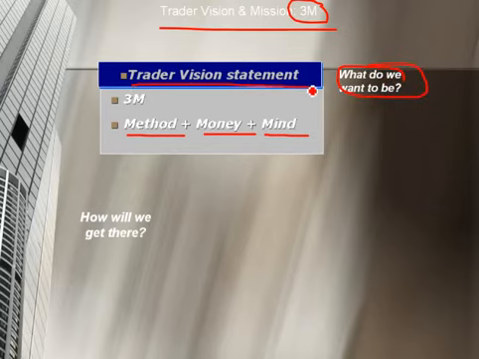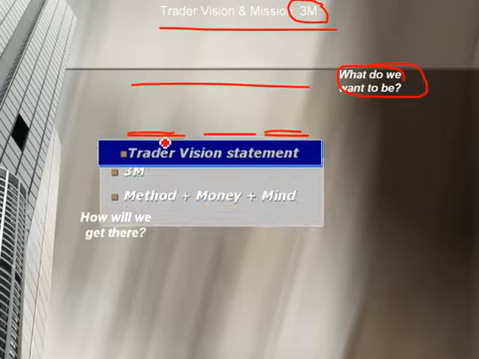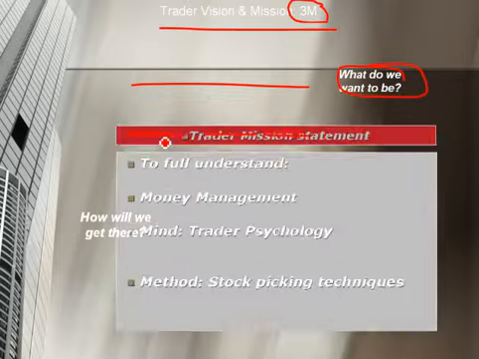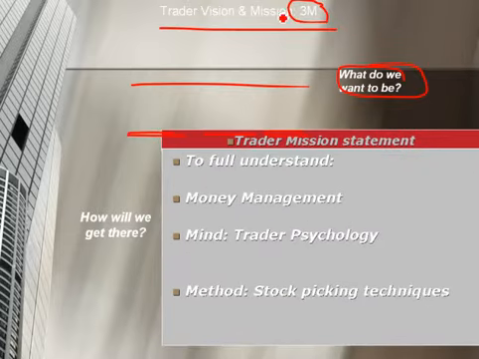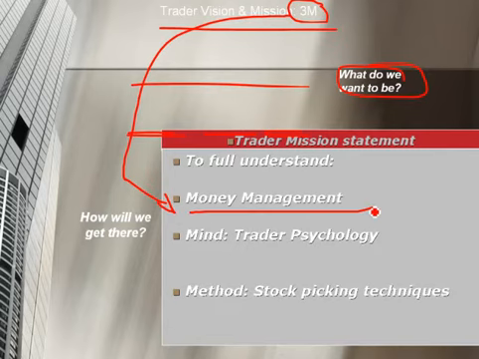We want to be able to make money without stress. We want to be able to be in control and disciplined over our emotions. We need to have a methodology to enable us to do that. So how are we going to get there? Well, the main way in which we get there is by focusing on these three M's. We need to understand money management. How do we decide how much money to put into a trade? When do we decide when to get out? Based on rules from the trading professionals, which I'll give you.